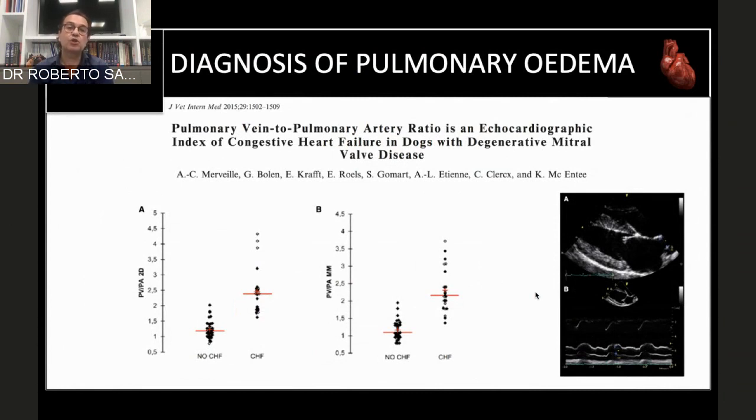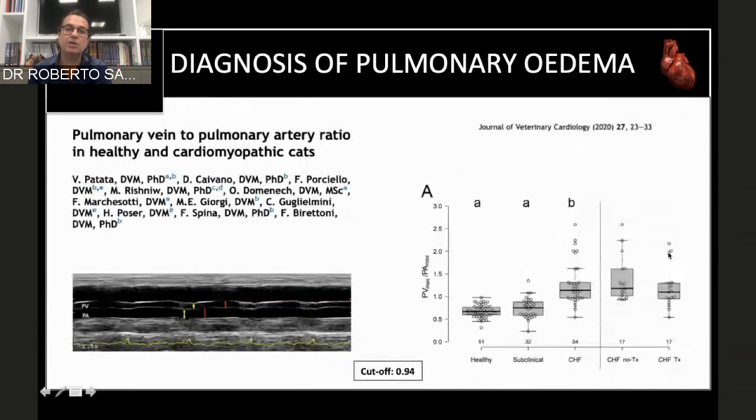So the ratio between the right pulmonary vein and the right pulmonary artery, you do from the right parasternal long axis view, optimized to see the right pulmonary artery and right pulmonary vein. Usually, if you have this ratio, you can also use it in cats. In cats with heart failure, the cutoff that seems to be quite good is more than 1 to be considered abnormal, and you can see something around 1.2 to 1.5 to be considered that there is congestive